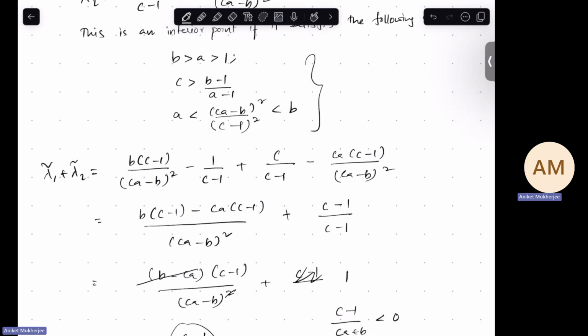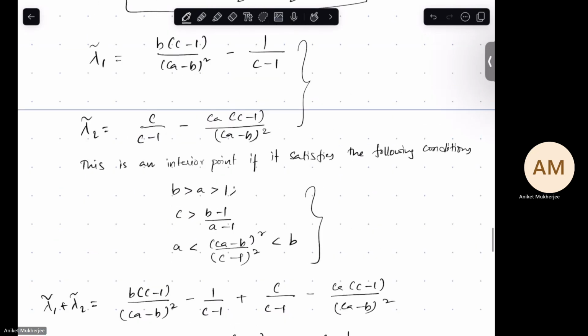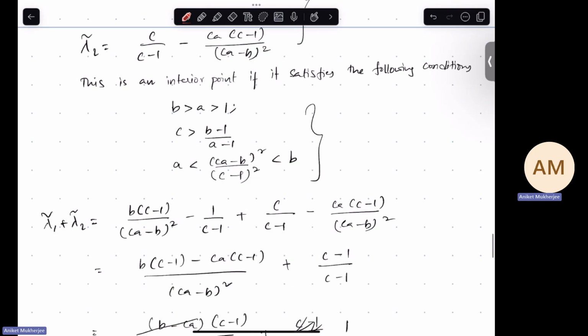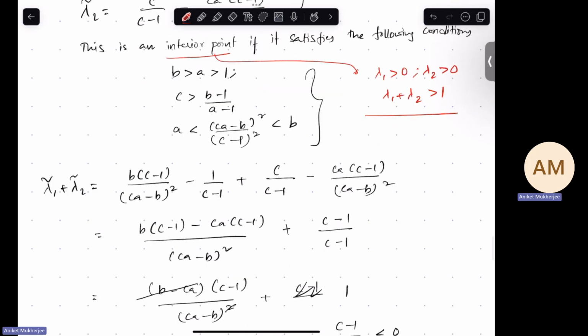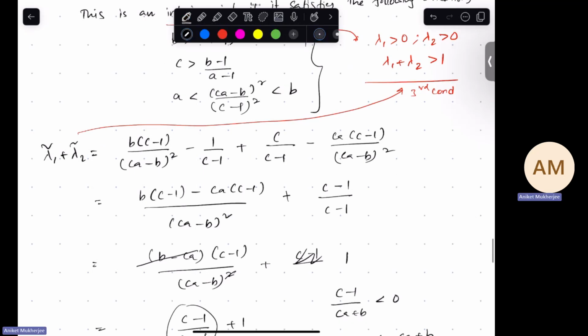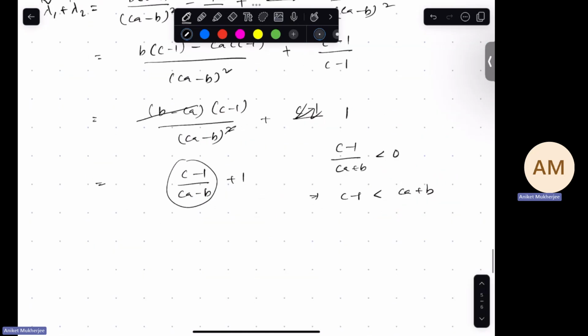Oh, and you also have... so okay, what does it mean to say that this is an integral quantity? We have lambda 1 greater than 0, lambda 2 greater than 0, and lambda 1 plus lambda 2 greater than 1, right? So basically, you need this, the third condition that I've written, but you also need to satisfy lambda 1 greater than 0, lambda 2 greater than 0. So for lambda 1 greater than 0,